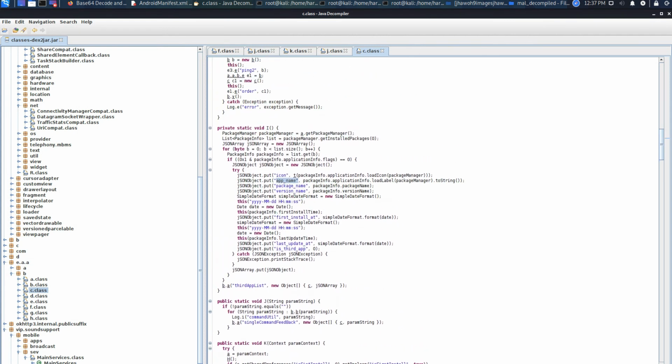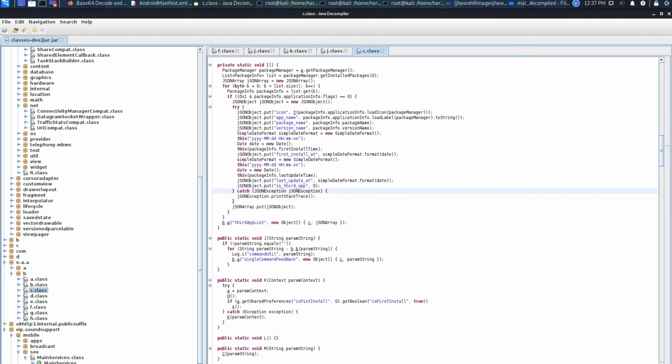This is the important point to look up, because the attacker is fetching what all applications are installed in your mobile device, and what kind of version, what kind of packages, when he has installed, first install, when the application was last updated, and whether it is a third party application or taken from the Google Play Store.